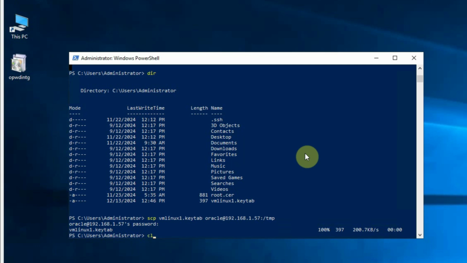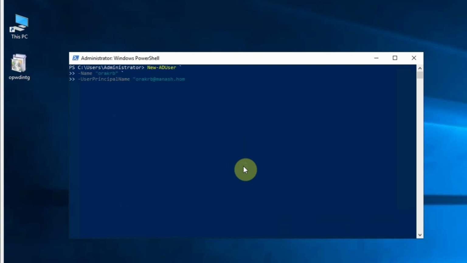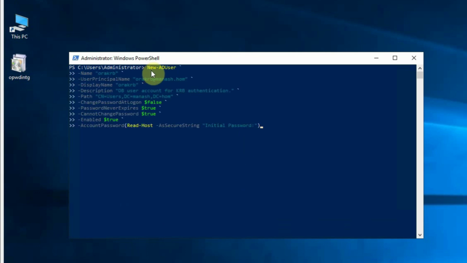First, let's clear the screen here, and then this is the command that I'm using, that is New-ADUser, name of the user, orakrb. You can select a name as per your choice, and usually it is the Active Directory user which is going to actually use the database. Now the user principal name I am putting as orakrb@manoj.home. This is important to put the domain part here, then the display name orakrb, then the description, database user account for KRB or the Kerberos authentication, then the path, and again ChangePasswordAtLogon false, PasswordNeverExpires true,